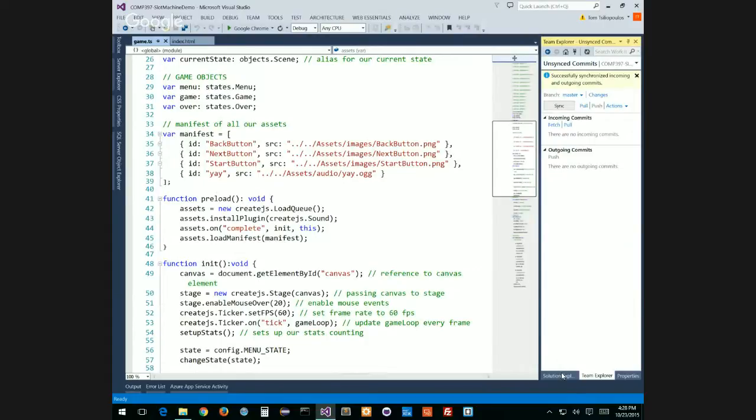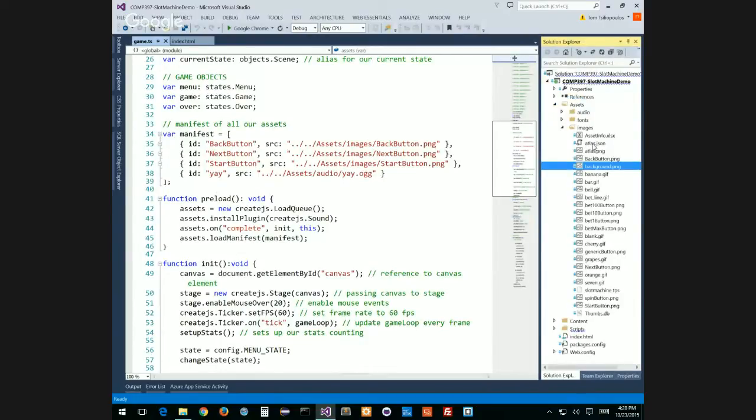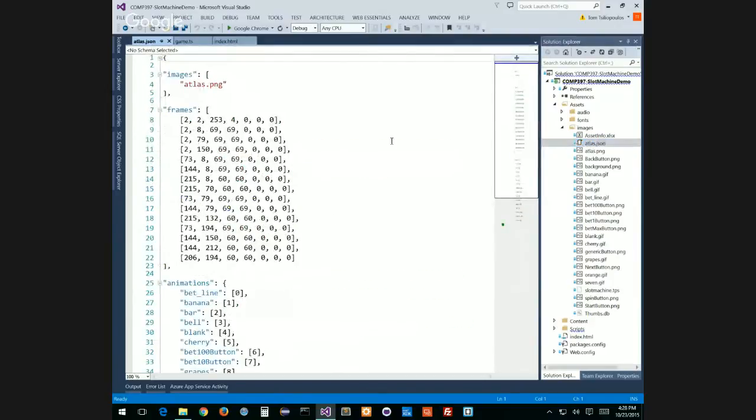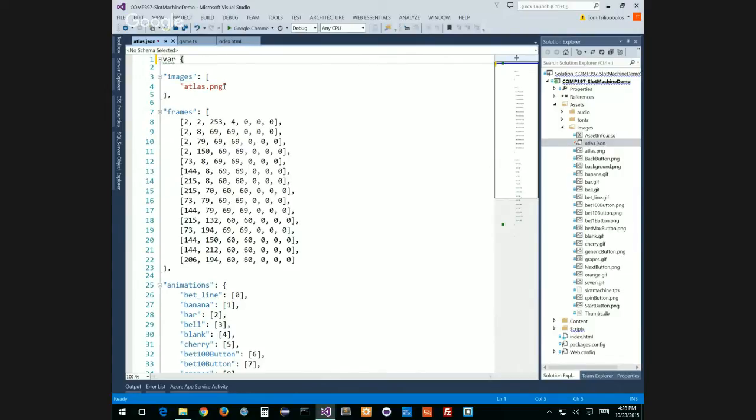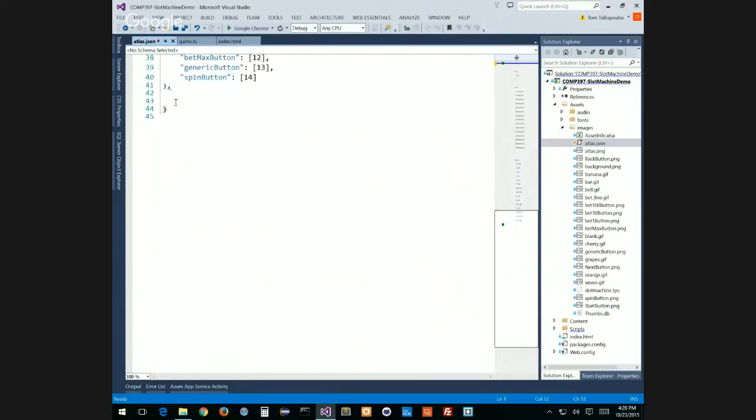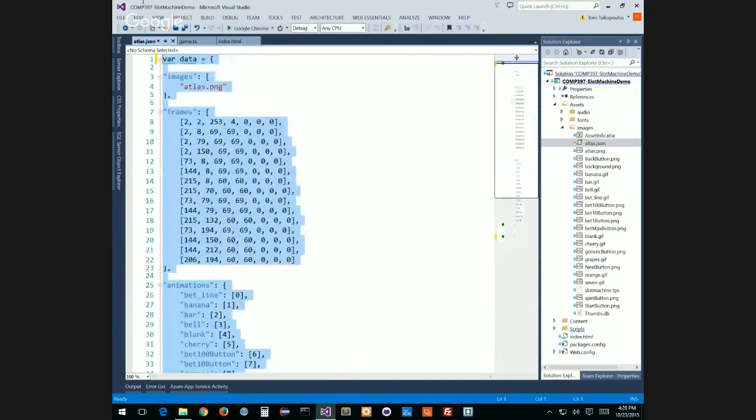So now the great thing is I have it right here in Visual Studio. I can double click on this. I can open up my JSON format here, and I can basically do all my changes. So var data is equal to, it's just a data array, a bunch of objects. I can close this off like this. I can pull all this up here and copy it,